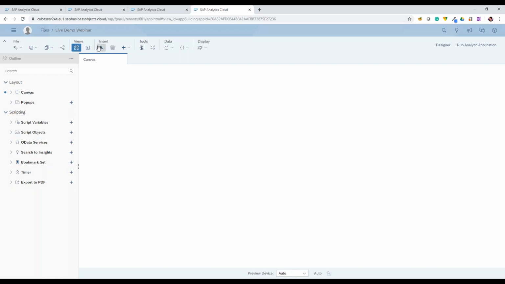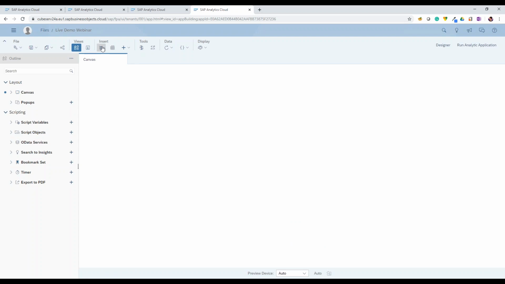Let's have a look at the other areas in the application. There are different kinds of views possible for this tool. The first one is the outline view, which is on the left side of the application, which basically displays the layout structure of the application, and also where we can add or remove script elements and other objects like Bookmark and Pdf, which Anastasia has already mentioned. Then we have the second view. This is the info view, where we have the list of errors and references. If we want to see for this application, we will for now turn this view off.